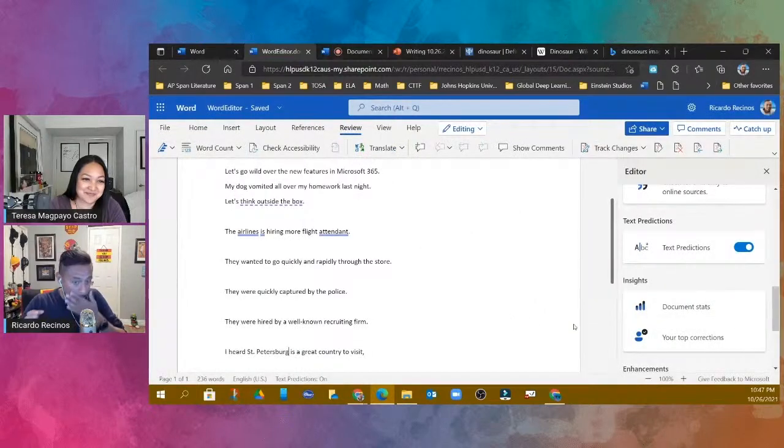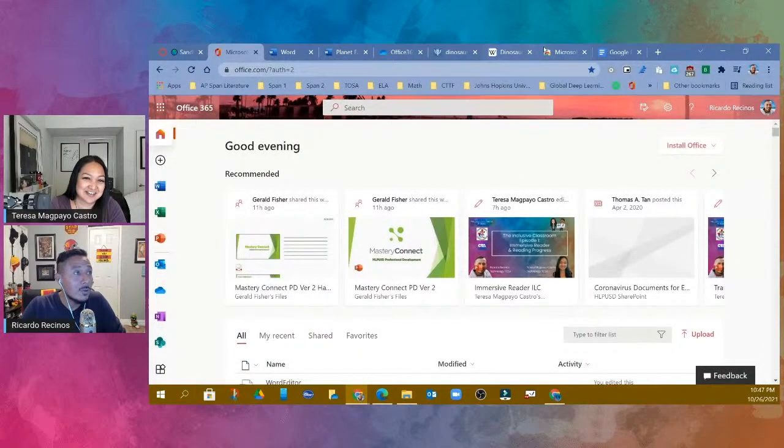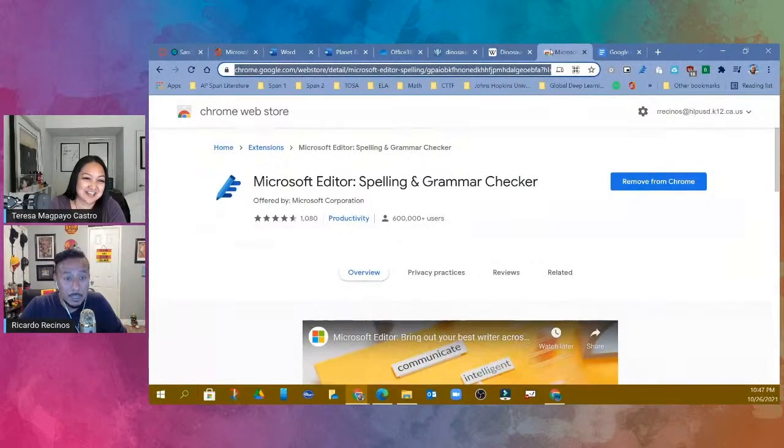So I know I don't want Teresa to be jealous because we have the editor. So what I wanted to show you is that editor is actually available for you to use as a Chrome extension. Okay, so if you went to